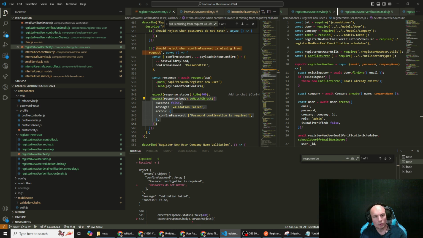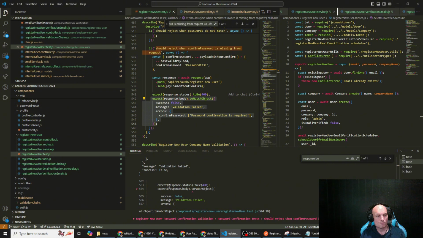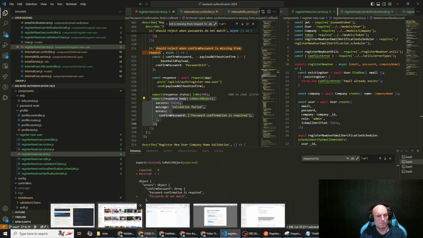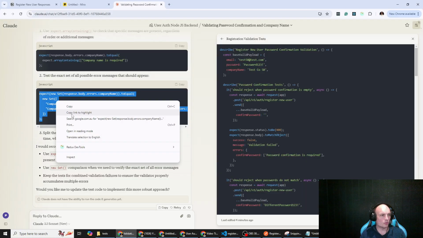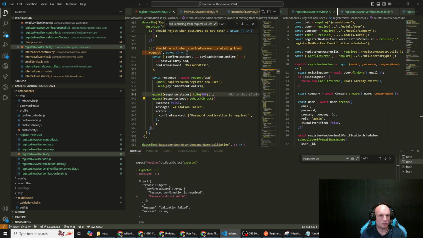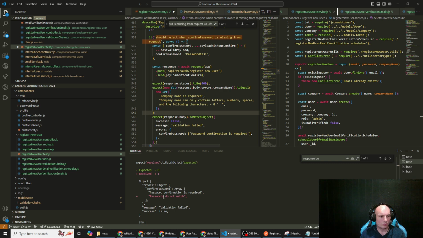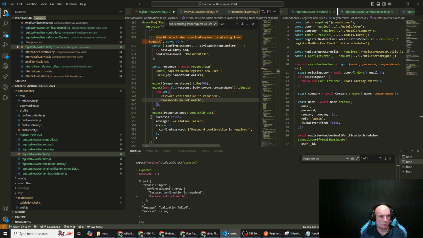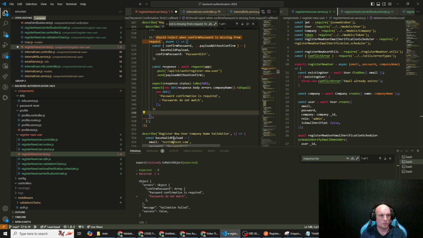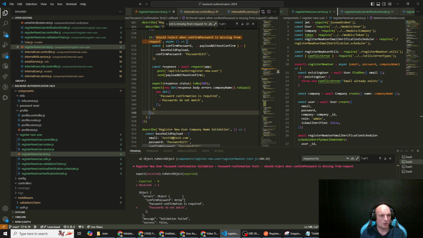Just thinking from a user point of view, passwords do not match, confirmation password is required. I mean, really, it should only provide you with one error on the front end. For now, though, I think we could use this approach. So, set, so it's going to be and then the third error